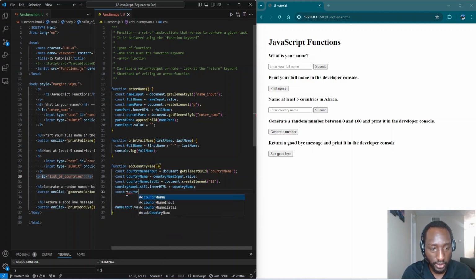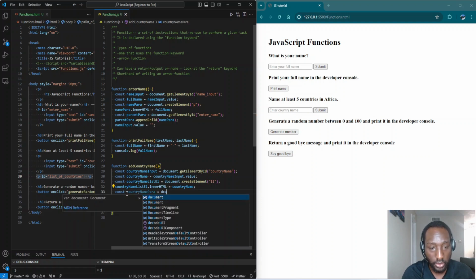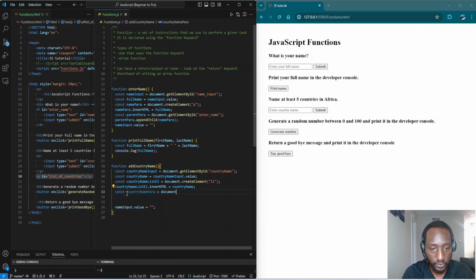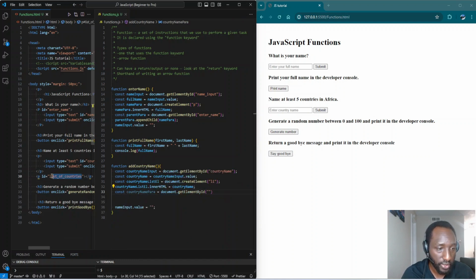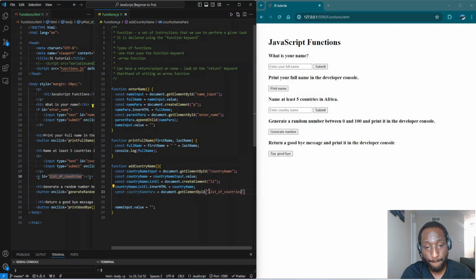Say country name paragraph is going to be document get element by ID, and then pass in the ID, which here we called list of countries. I'll just copy here and paste it. List of countries. And then in this country para, I want to append